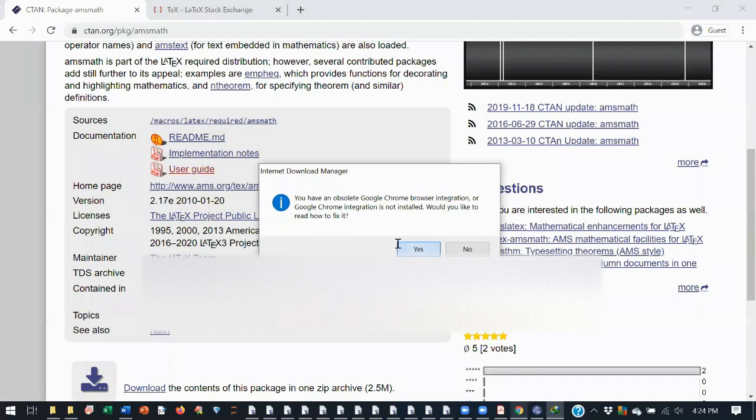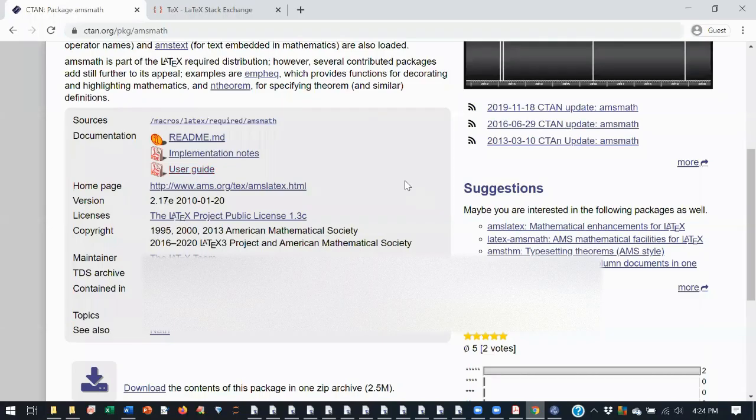Then only can you know about the tags or the commands. I'll wait for 2 or 3 more minutes.